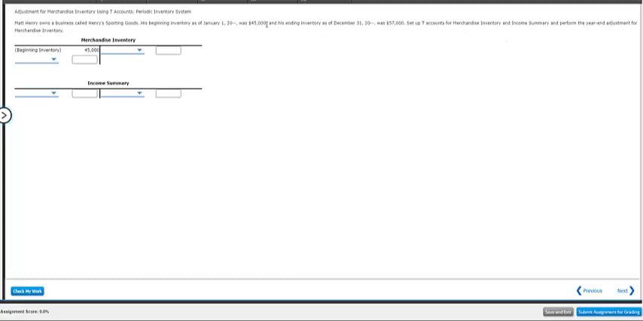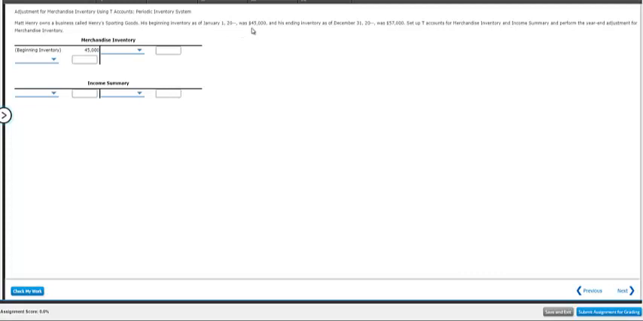Okay, so we already have our beginning inventory and merchandise inventory of $45,000. So we know that this is our old merchandise inventory figure. That was actually the ending inventory from last year. So what we need to do is insert our new inventory figure into the merchandise inventory account and then remove the old figure. Okay, so let's first work at removing the old figure,